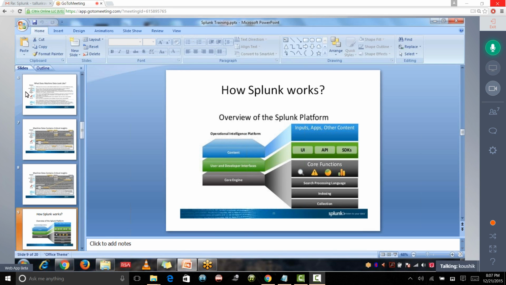Splunk is nothing but a Google search for log data. Okay, it's monitoring the data. What else can it do? Hey Yashin, yeah, I can see your name here. Yeah, so Splunk can